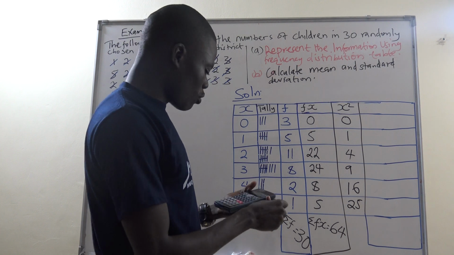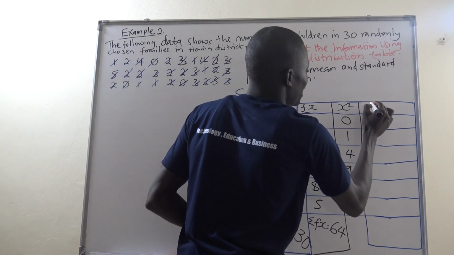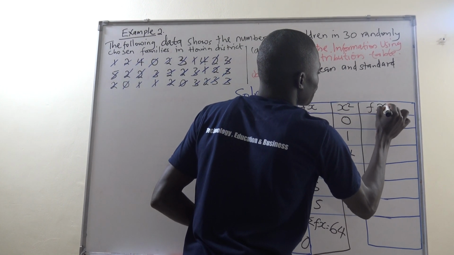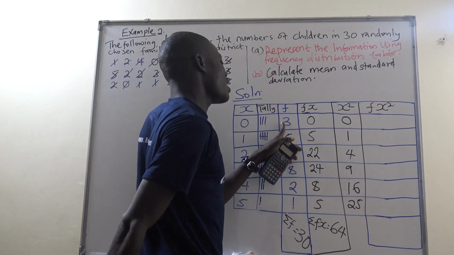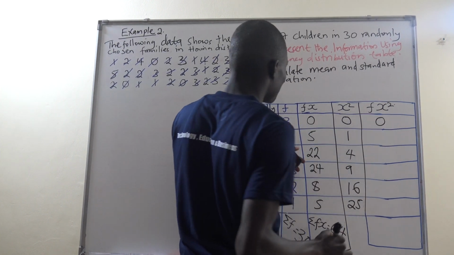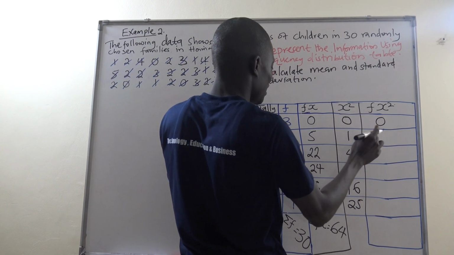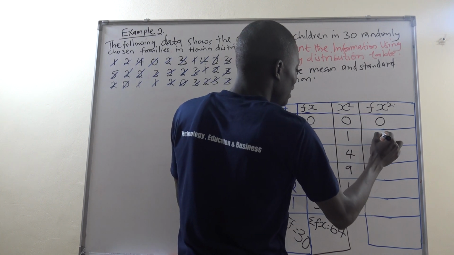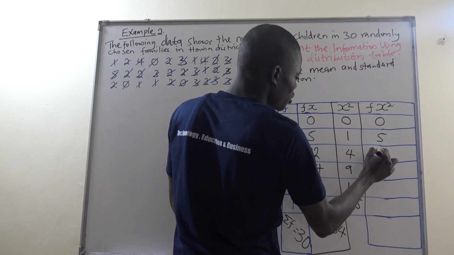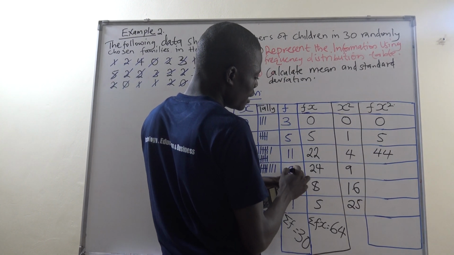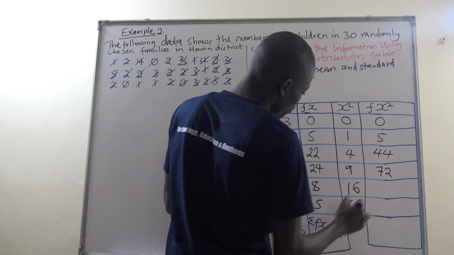Now to multiply the values of f times the values of x squared. So we shall have f, which is 3 times x squared. In this case we have 0, shall get 0. Then 5 times 1 shall get 5. 11 times 4 shall get 44. 8 times 9 shall get 72. 2 times